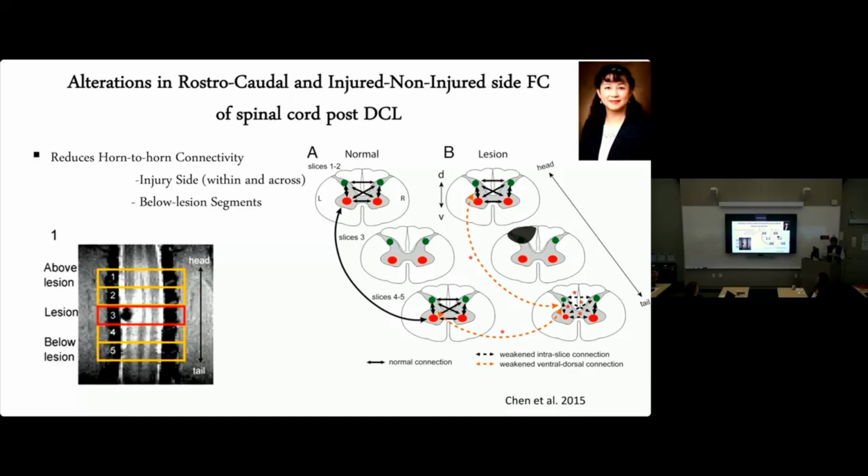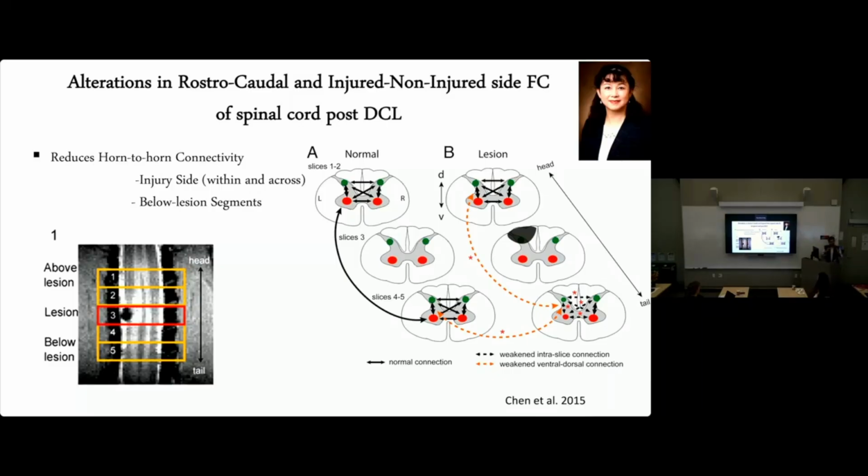So one of our initial studies found, in this dorsal column lesion model, that the injury affects the spinal cord functional connectivity networks, and this is very specific to certain regions. For example, we could see that the injury was more prevalent in the intra-slice connections or intrasegmental connections below the injury level. And also there was a drop in the connectivity across the segments on both sides of the injury